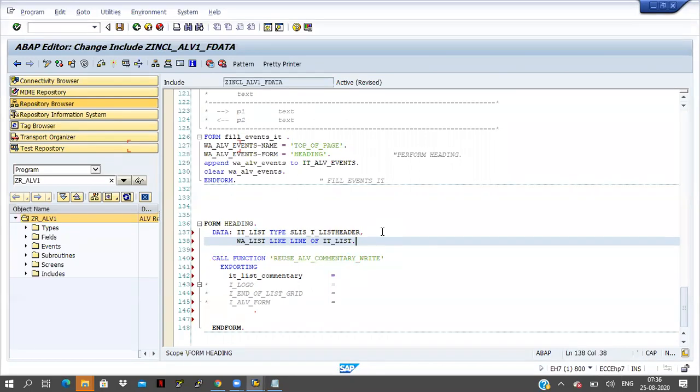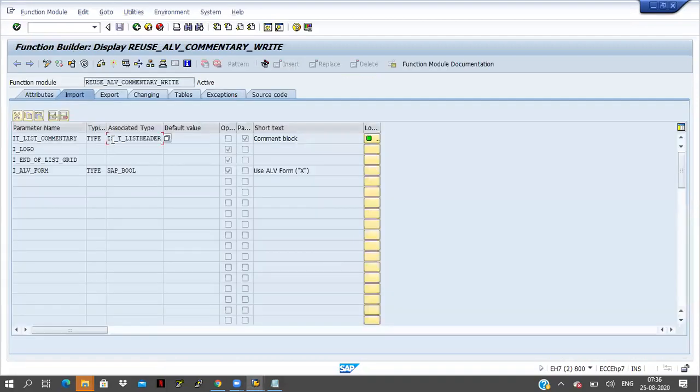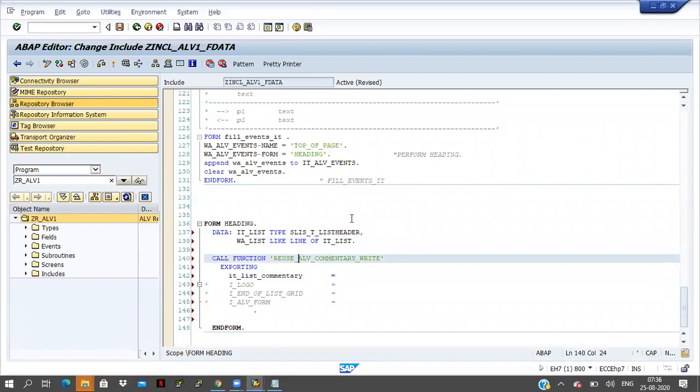I don't know what the structure is for this IT list commentary, so I have opened this function module in the SE37 transaction, in the importing tab, and they are declaring this internal table by using the structure SLIS_T_LISTHEADER. By using the same structure, I'm declaring the internal table in our program. I'm taking the internal table name as IT list. If you want to fill some data in the internal table, that is through a work area only.